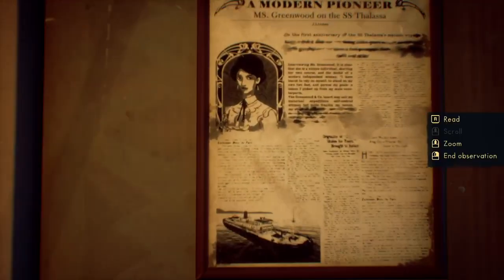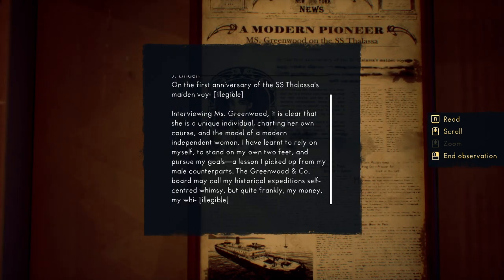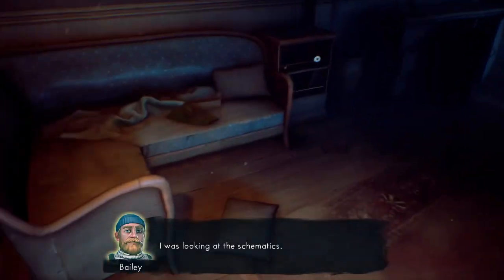Oh, okay, here we go. Okay, a modern pioneer, Miss Greenwood of the SS Thalassa, J. Linden on the first anniversary of the SS Thalassa maiden voyage. J. Linden could be the journalist that's been interviewing everybody. Interviewing Miss Greenwood, it is clear that she is a unique individual, charting her own course and the model of a modern independent woman. I've learned to rely on myself, to stand on my own two feet, and pursue my goals, a lesson I picked up from my male counterparts. The Greenwood and Company board may call my historical expeditions self-centered whimsy, but quite frankly, my money, my... and then the rest of it is illegible. It's probably my money, my while. Because she's probably something about, because the money came from her family. It's not like she was a self-made woman, but...